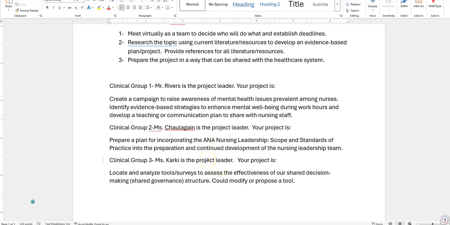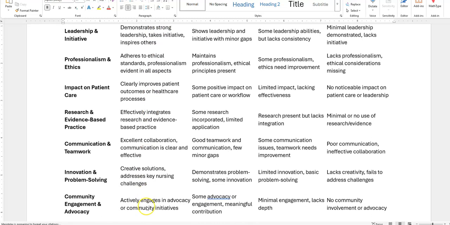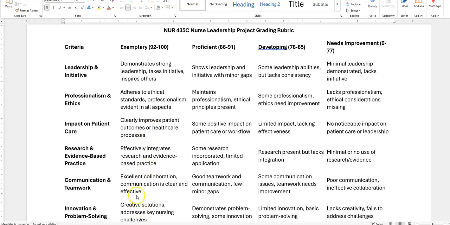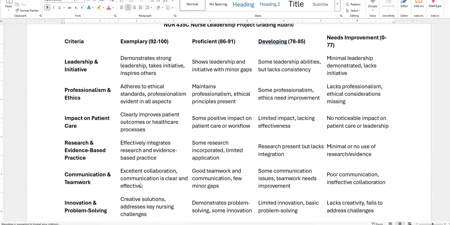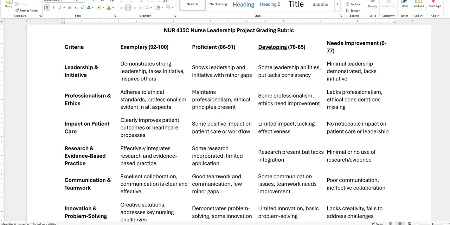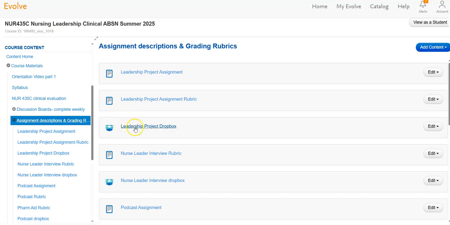Leaders, if you need to contact me and walk through this, please don't hesitate to do this, and I'm going to show you the rubric next. The rubric is right here. So leaders, you're responsible for getting your team over to this exemplary column where you get a score of an A, 92 to 100, and here are those things that go along with that. So I think this is fairly well spelled out, and again, the leader is responsible for this. Then when you get that project developed, go back up to here and you can see where you drop it. You put it in this project Dropbox.